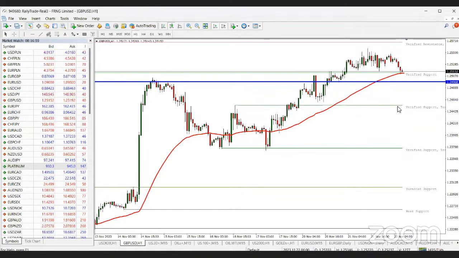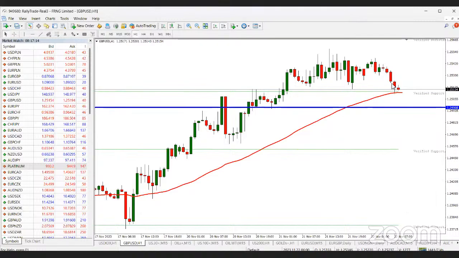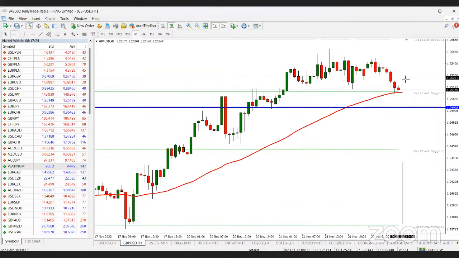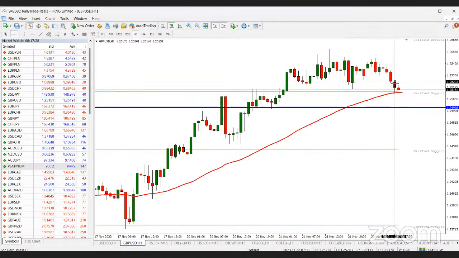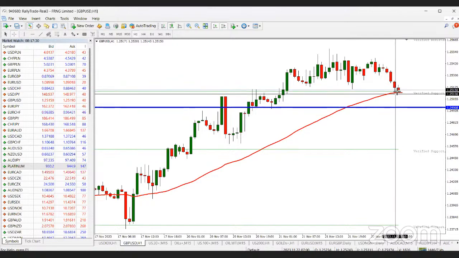But currently, GBP USD is heavily supported by your 50-period moving average, and so I will not advise that. Considering yes, the dollar is strong, I would not advise that we actually look out for a sell now. If price cannot break this 50-period moving average, and what do I mean? If this current candle instead closes bullish on GBP USD and closes above the high of this first candle that touched the 50-period moving average.